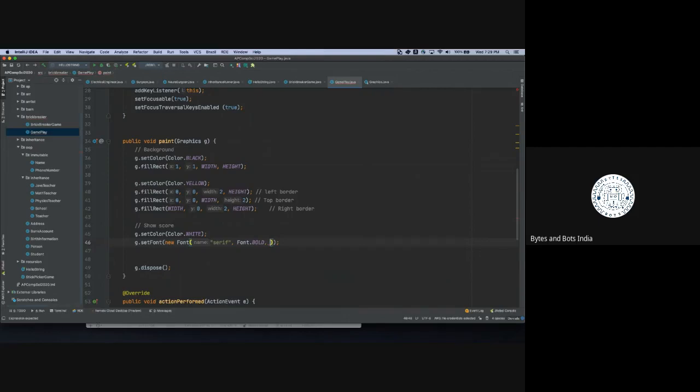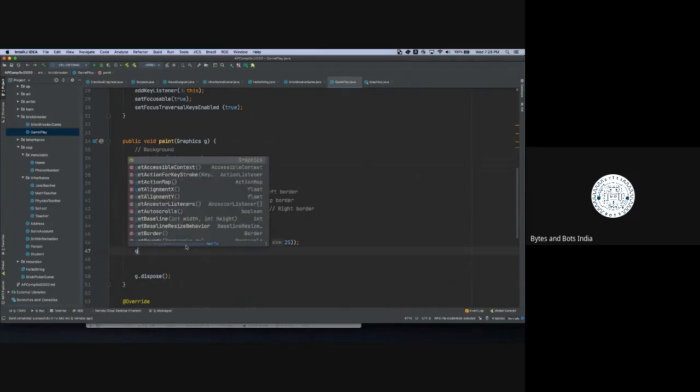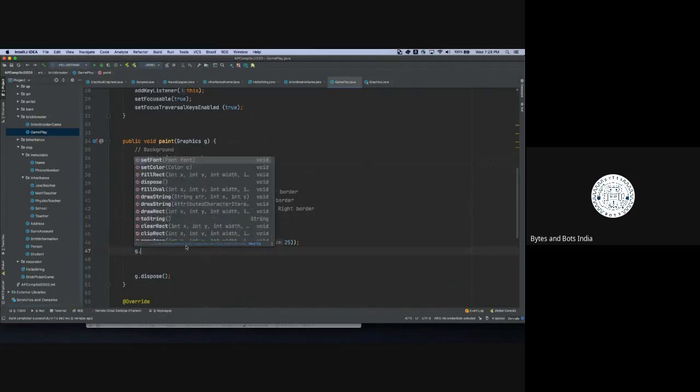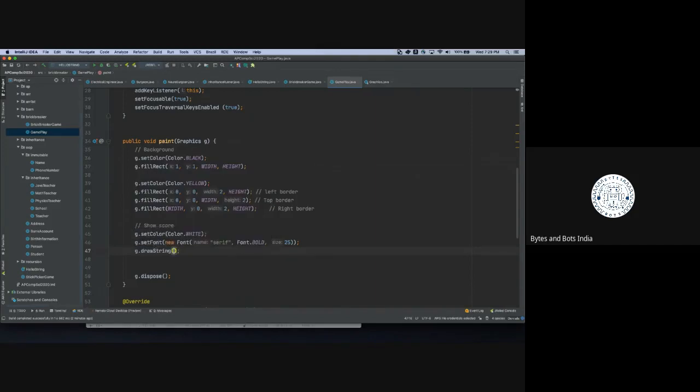Show the score in bold, and then what should be the font size? 25 pixels, just to be moderate. And where should we draw this font from? So we go and say string. So using that font,